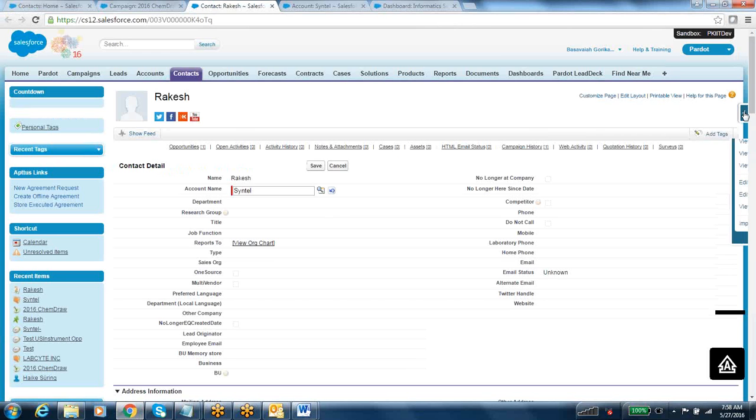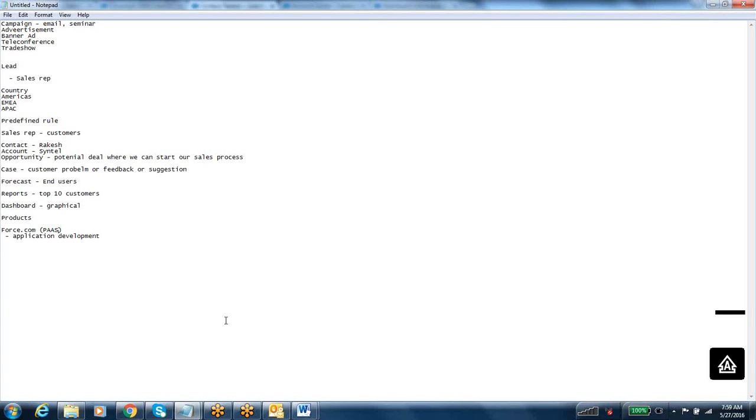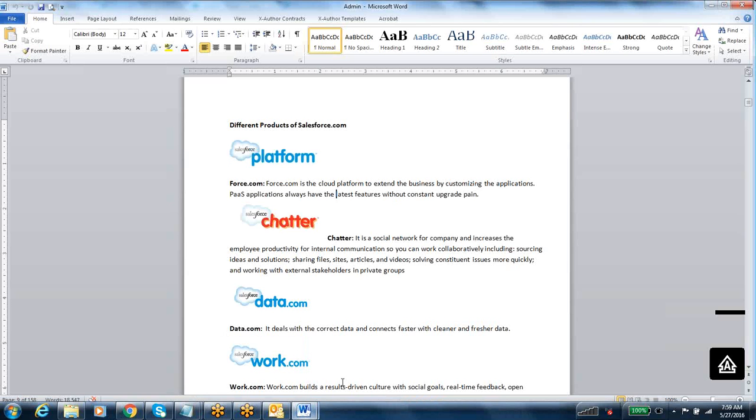Here you can see there is a menu called Force.com. I'll tell you separately. So using this platform, this is one of the products of Salesforce, which comes free when you buy a license. Force.com PaaS is one of the products. Using this product we can do application development. Another product is called